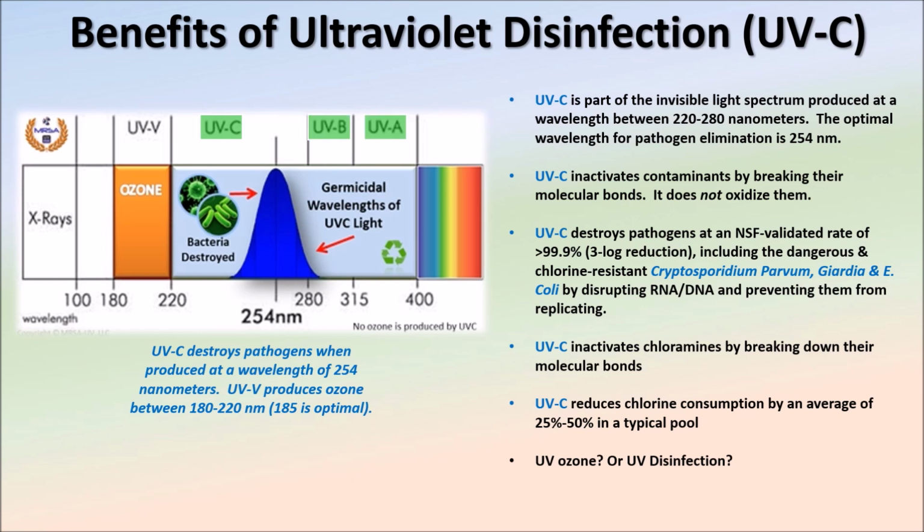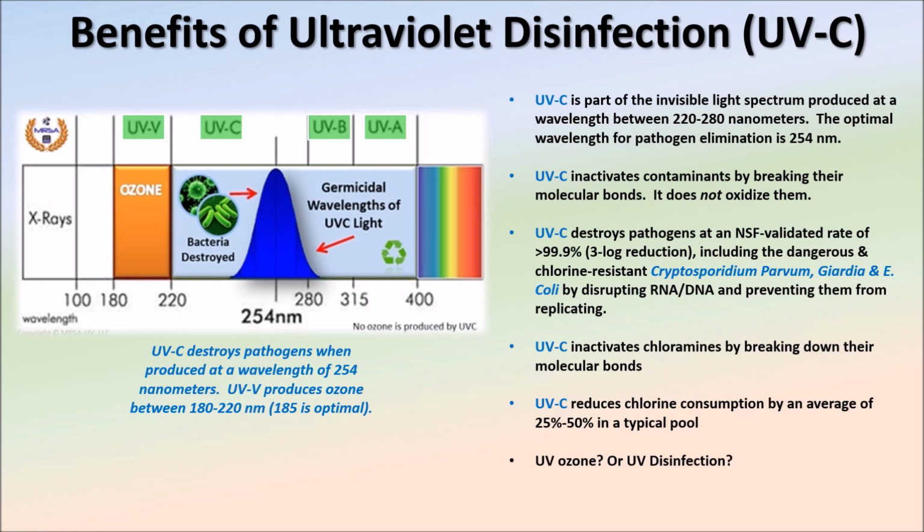UVA and UVB are raised between 280 and 400 nanometers and are both used extensively in the tanning bed industry. Your skin's reaction to these rays causes it to tan. However, prolonged exposure to UVA and UVB rays can lead to premature aging of the skin and is a primary cause of skin cancer. The tier below UVC, between 180 and 220 nanometers, is called UVV, and this is the